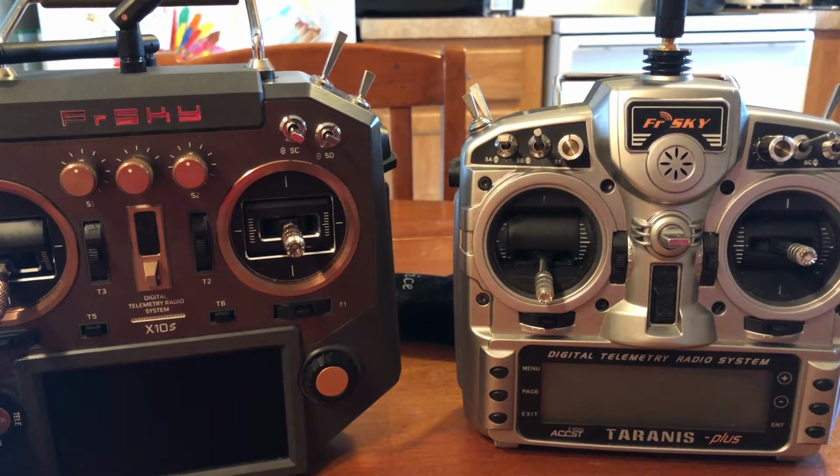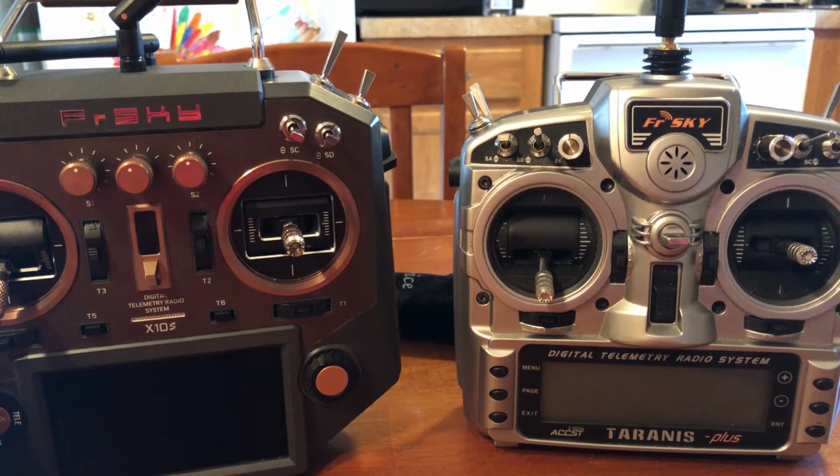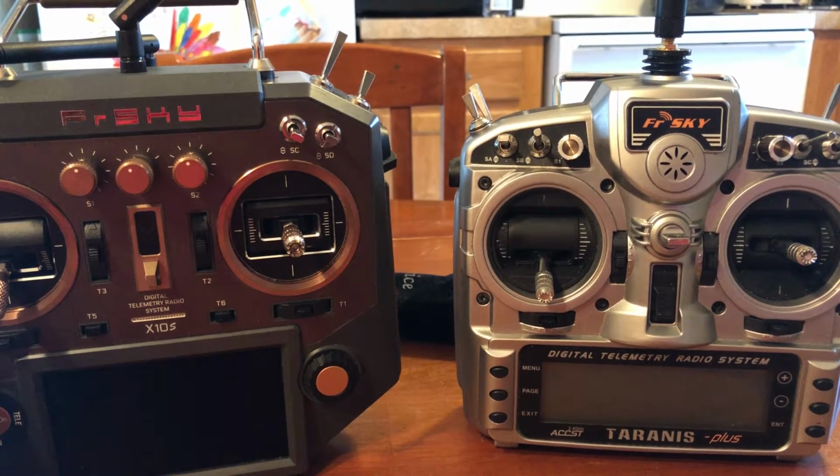I'll show you what to do with the SD card that is built inside the radio. There are some files you're going to want to put on that. There's SD card content that you're going to want to put on the SD card. We can even put a sound package on it so that you can assign, through special functions, various sounds that will play when you flip certain switches or do certain things, to your liking. I like mine with sounds, so I put sounds on it, and